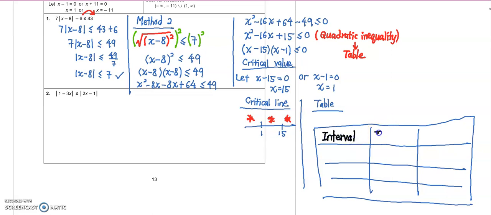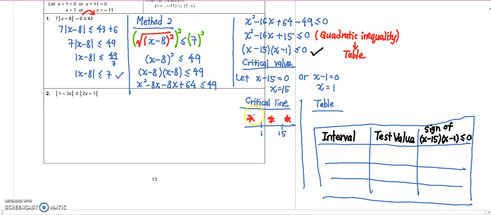For the second column is the test value. And for the final column will be sign of. Choose the latest inequality, which is (x minus 15)(x minus 1) less than or equal to